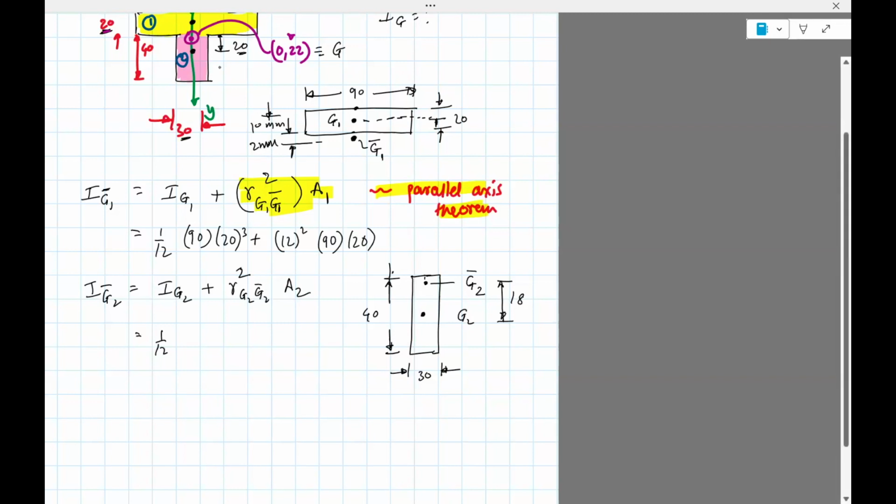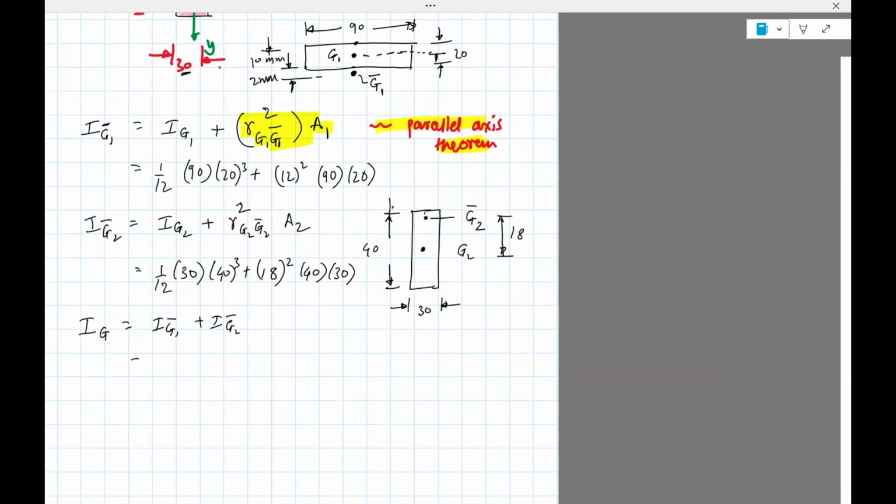So again, use the formula from table A18, 1/12, 30 is the breadth, 40 is the height, G1, G2, G2 prime is 18 square, area is 40 times 30. Okay, so the net inertia I about G is IG1 bar plus IG2 bar. So if you do the math and add it up together, you get